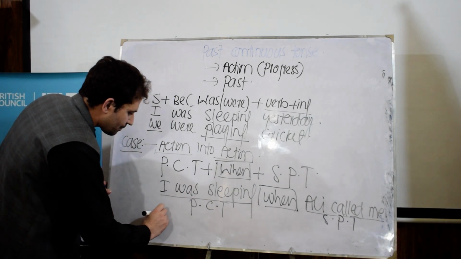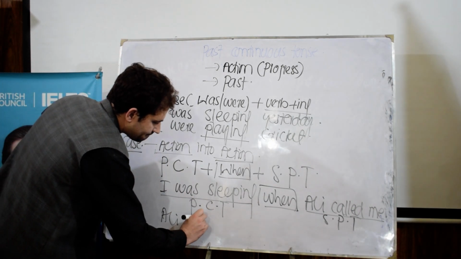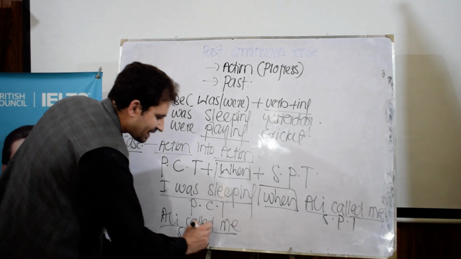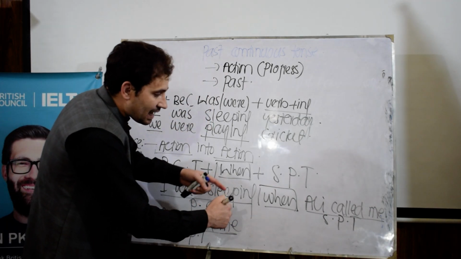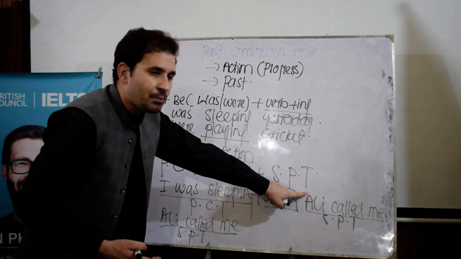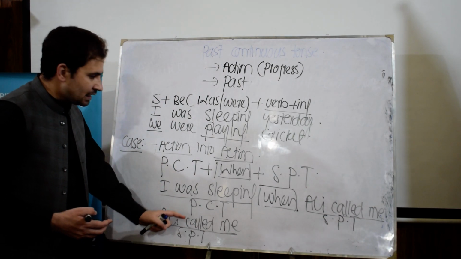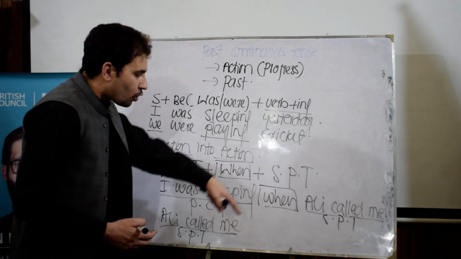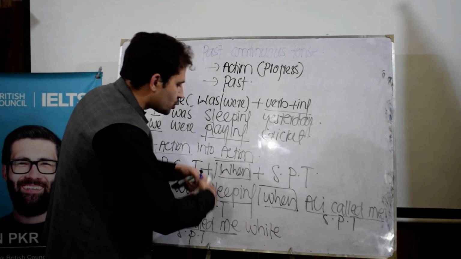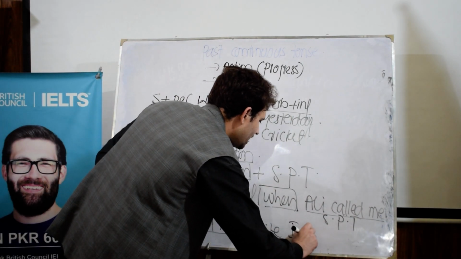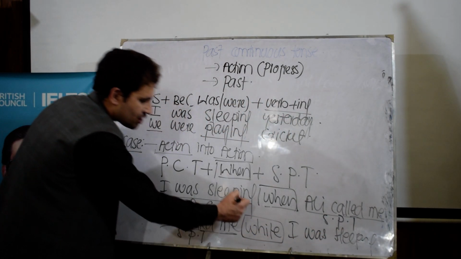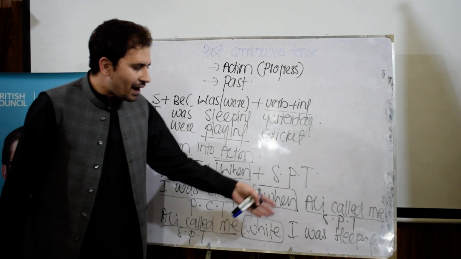You can also say, for example, Ali called me. Now I put simple past tense in the beginning. Ali called me. Now in this case, I cannot use the conjunction when. Why? Because as I said, when is used before simple past tense, but I brought simple past in the beginning. Before past continuous tense, we use while. I will put here while, and after while, I'm supposed to use past continuous tense. I will say, I was sleeping. Now, we have used conjunction while in this case. Ali called me while I was sleeping.